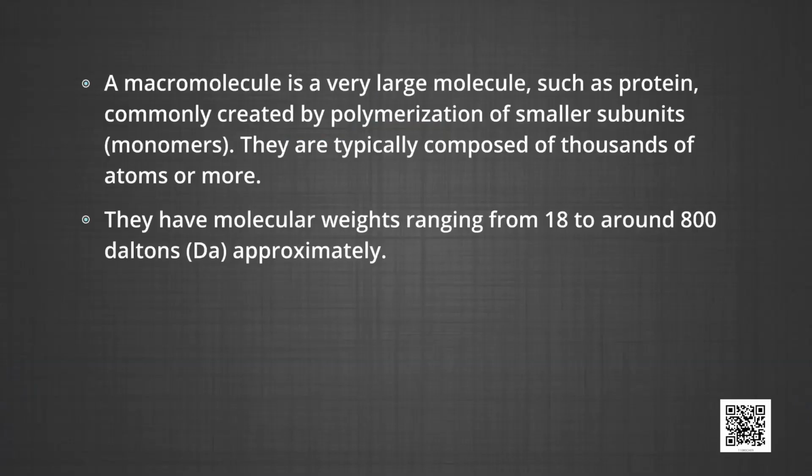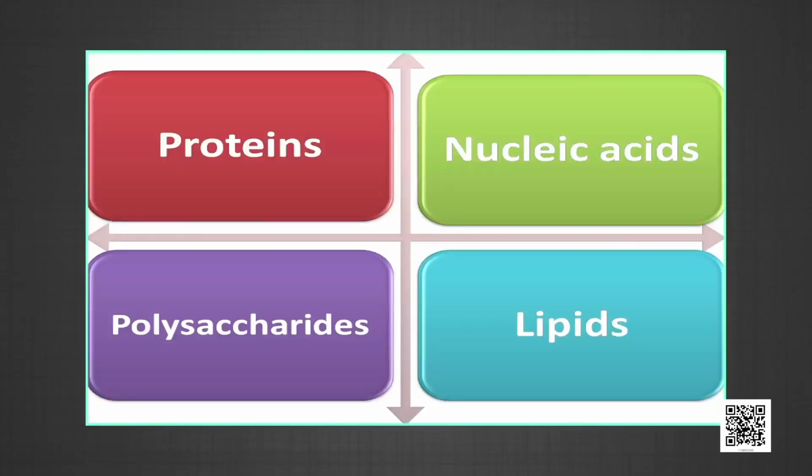There is one feature common to all those compounds found in the acid soluble pool. As I already defined earlier, a compound is divided into the acid insoluble pool and the acid soluble pool. So, I am talking about the feature that is common to all those in the acid soluble pool. They have molecular weight ranging from 18 to 800 daltons. The acid insoluble fraction has only